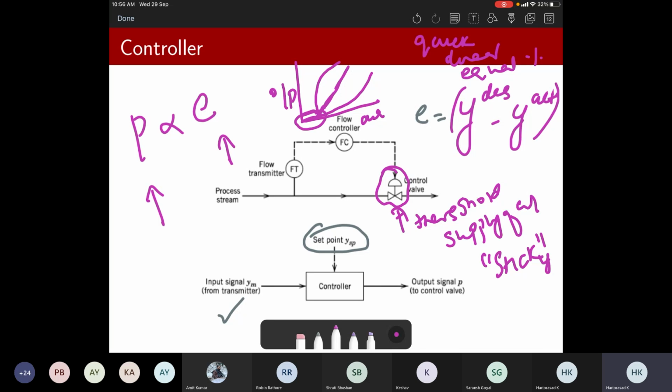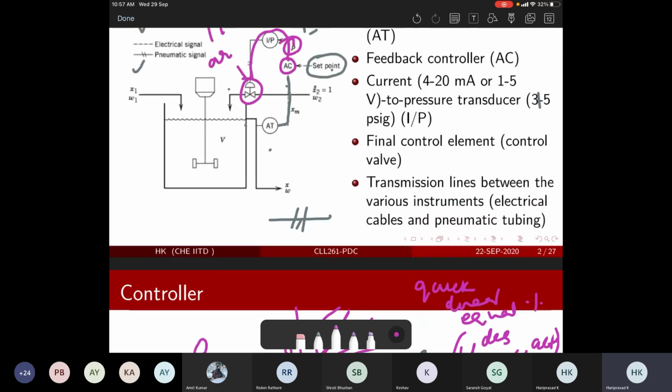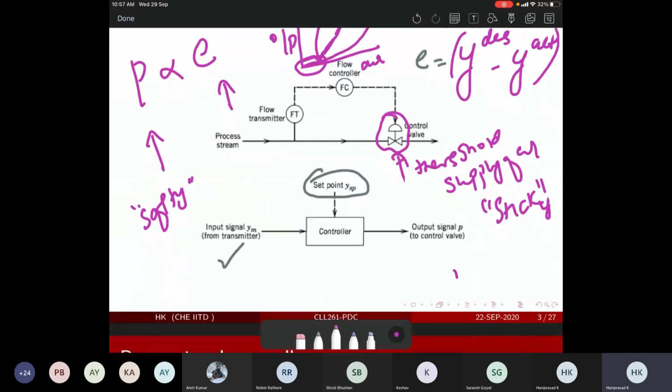Otherwise, what would happen? This is also a safety feature. Why? Because if you are not putting this condition, for any small variation in the error, your valve would keep on opening and closing. If there is a minute change in the air pressure, your valve would start opening. That would become a very huge disturbance, followed by a